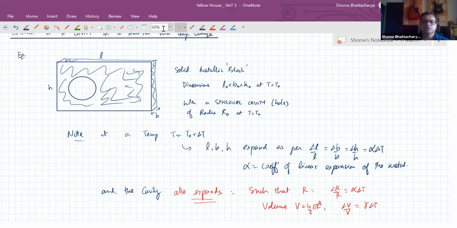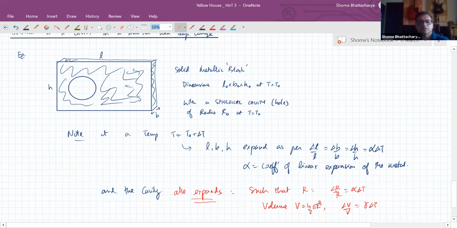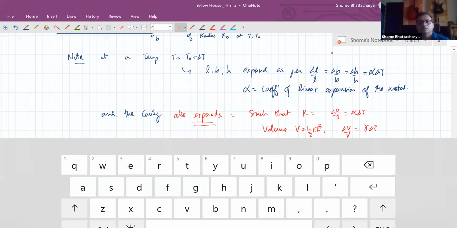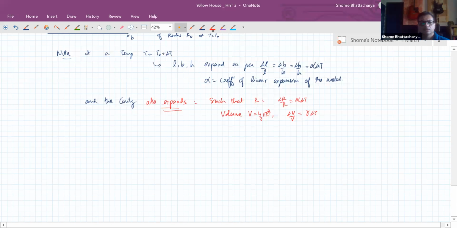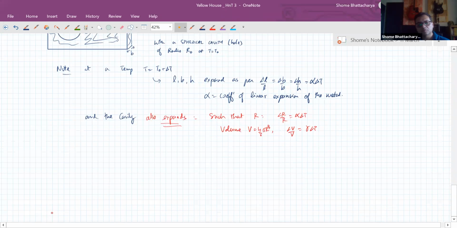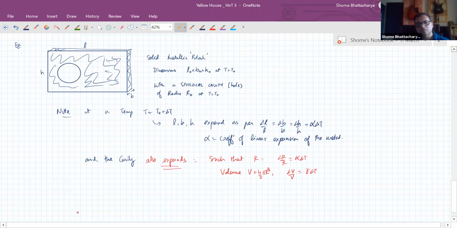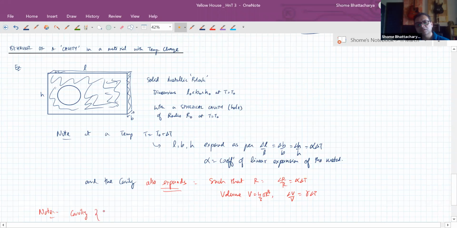So the important thing here is that the cavity will expand in the same way as the material we have removed to create the cavity. So the cavity, which in this case is a spherical cavity, will expand on heating